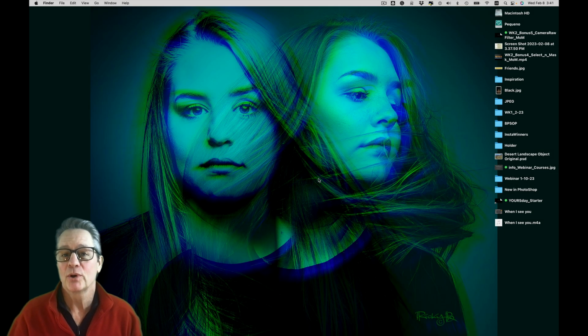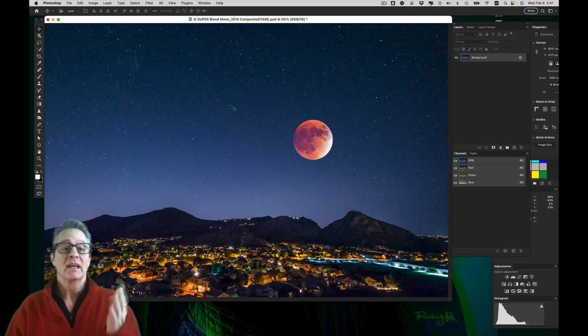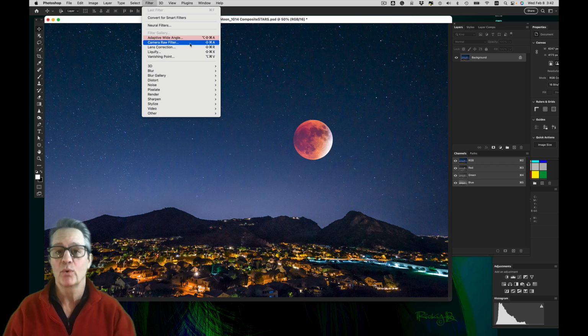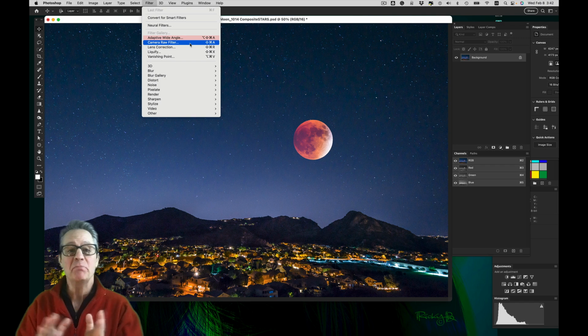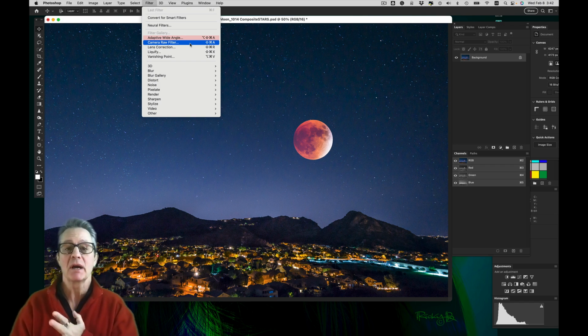the Camera Raw filter in Photoshop. Now it's here, filter menu, Camera Raw filter. I am pointing to it for a very important lesson. There is something called Adobe Camera Raw. Now, Adobe Camera Raw, quickly, and I unpack this greatly in my Adobe Camera Raw course and in my Bridge